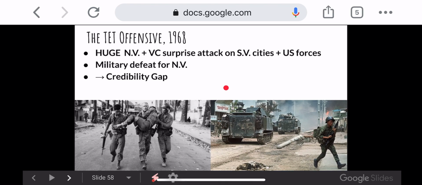Eventually, the United States and the South Vietnamese military were able to push these forces back and essentially retain control of South Vietnam, but it got really close there for a second. There were a few times throughout this large battle, or large battles, I guess I should say, when it seemed likely that North Vietnam was going to win this. They were going to be able to defeat the South Vietnamese and defeat the Americans, and this was going to be the end. So yes, we were able to hold them off, but this is the moment that